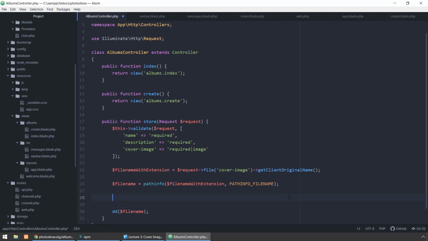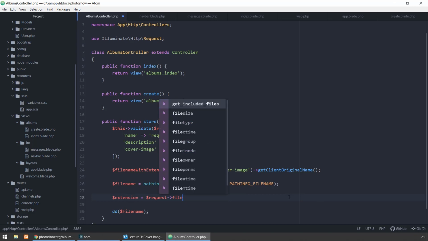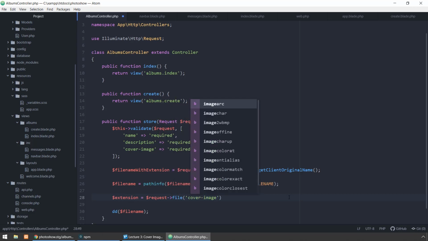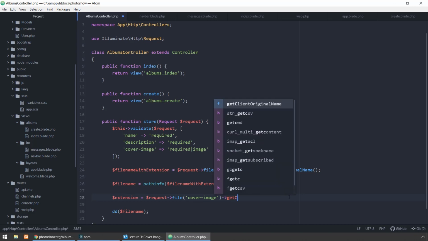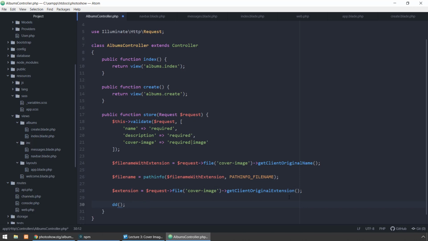because what I want to do is to add a timestamp to the name. So now we're going to get the extension. This is going to be request file. You're getting the cover image, and we're using the getClientOriginalExtension, and in this way we're getting the file extension. Okay,